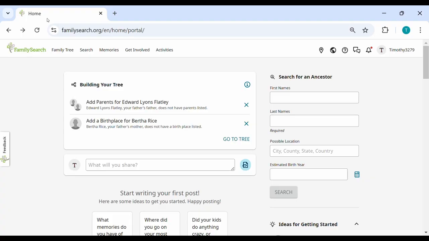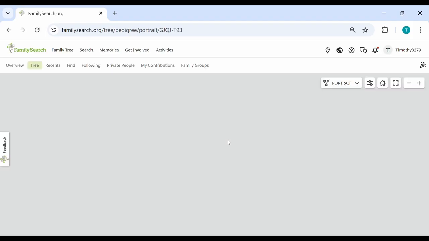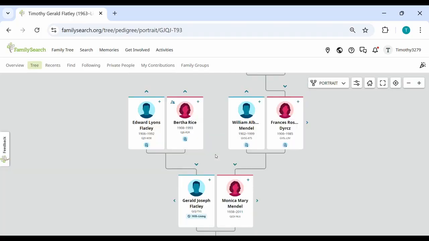This is one of the most comprehensive free genealogy websites out there. It's operated by the Church of Jesus Christ of Latter-day Saints, but it's available to everyone. To get started, you'll need to create a free account. Once logged in, you can begin building your family tree by entering names, birth dates, and other information you have